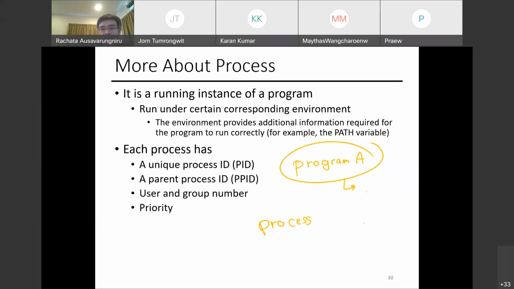But inside program A, it actually has code that says, I'm going to run program B. Basically, this means I'm going to spawn a child process that is specific to the process that called this program. So is it more clear? Basically, when you look at the chain of processes, that's this parent-child relationship, who spawns what.